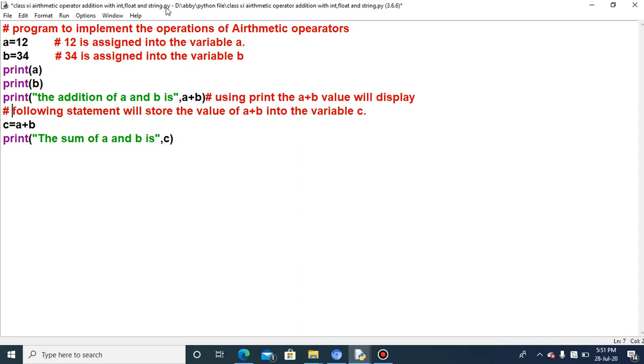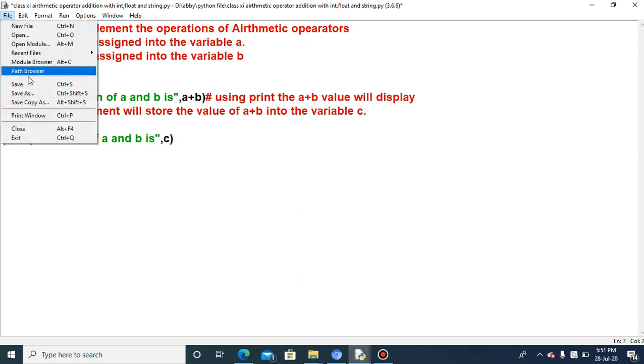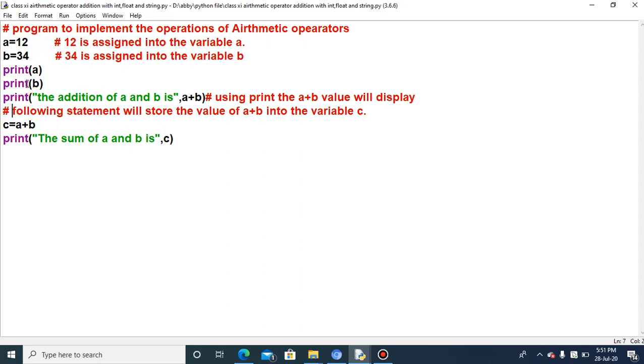So how will I access it? I have given the name so that when I access my file, by using the file name, it will open clearly. So after writing this, you need to save your file and then click on run.